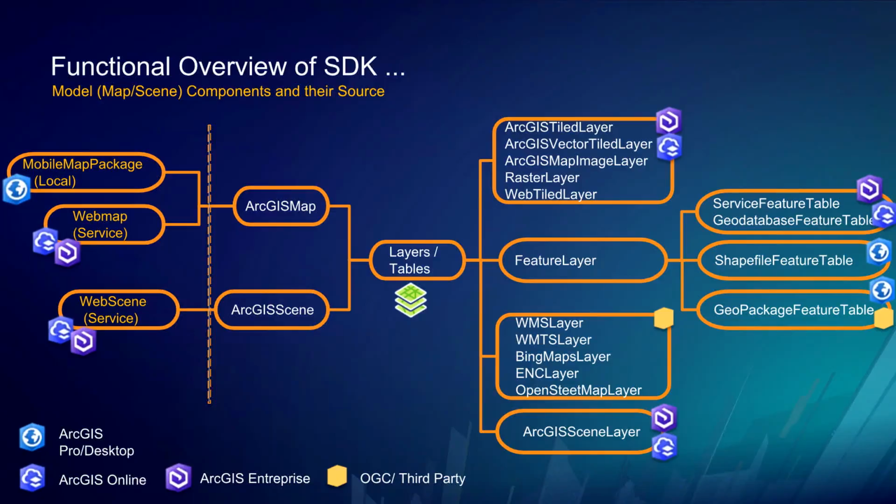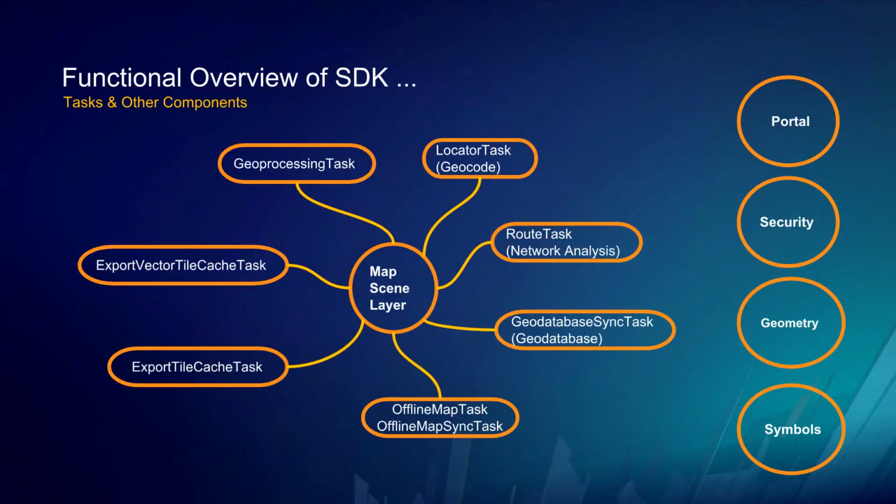But the key idea to remember here is that map and scene are the models for the views that we've seen before. And then to work with these maps, scenes, and layers, we have a bunch of other tasks and other components that are available, which drive the functionality around the map, scenes, and layers. And we have a lot of these,